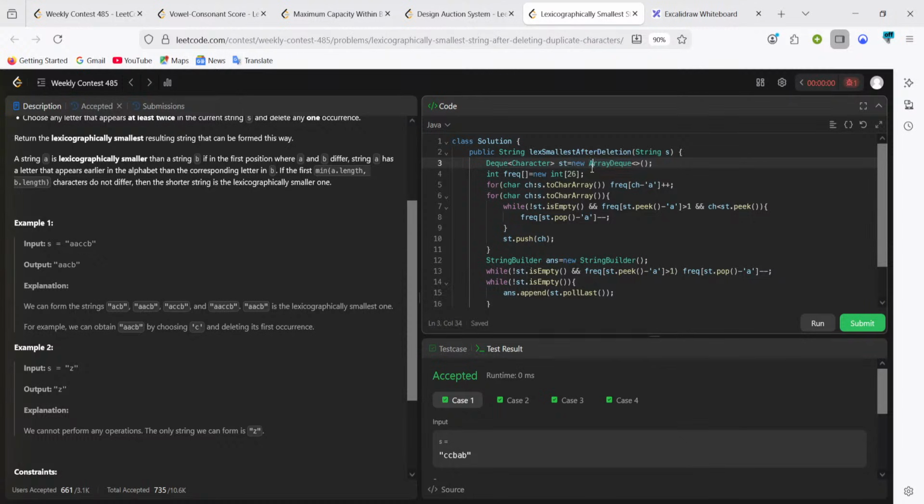Okay, a frequency array. For all the characters in the string, I'm going to increase its frequency. For all the characters in the string, I'm going to check if the stack is empty. It's not empty. Okay. Is the frequency of that greater than 1? That is, there is one element safely present in the string apart from this. If there is at least one element apart from this, then we are also going to check